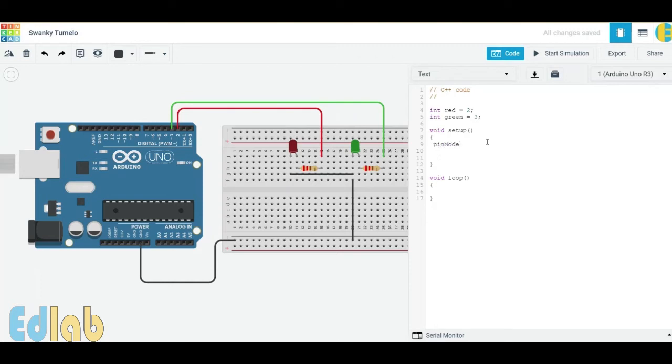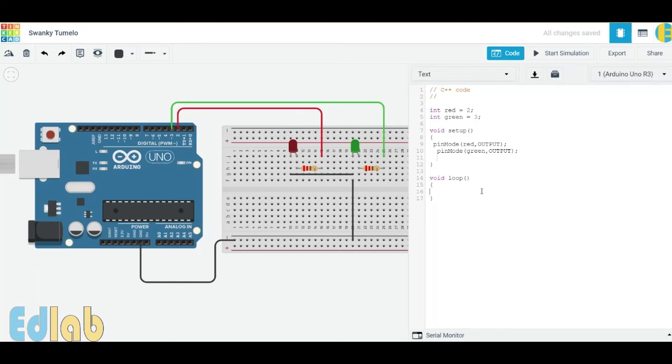The command we use here is pinMode in brackets, red comma OUTPUT. Again pinMode for the second pin. Both pins are now defined as output.